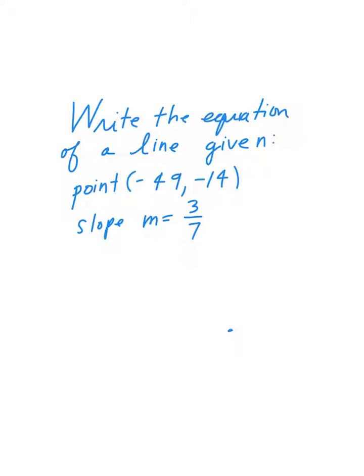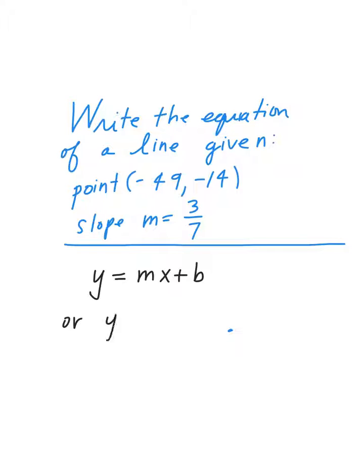There are two formulas that we can use. The first formula is y is equal to mx plus b. That's an equation of a line. Or y minus y1 is equal to m times x minus x sub 1. Okay, I'm going to use the second one here, and then we'll transform it by simplifying into this form that's